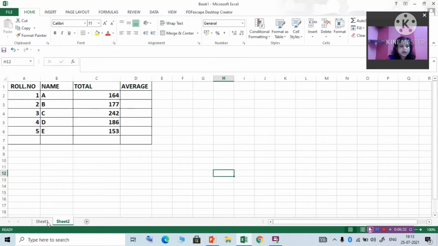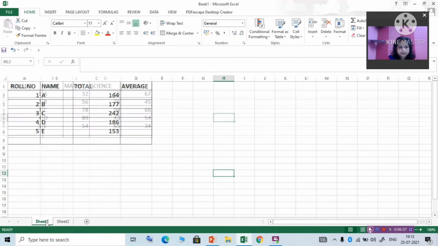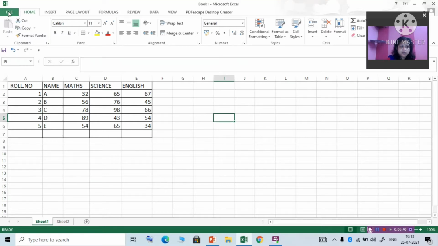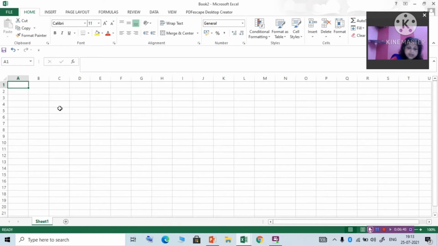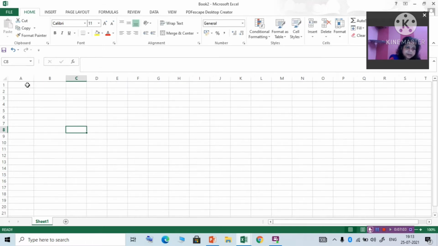Excel open. For a small example, I am opening a new workbook. Here, a small example: item, price.